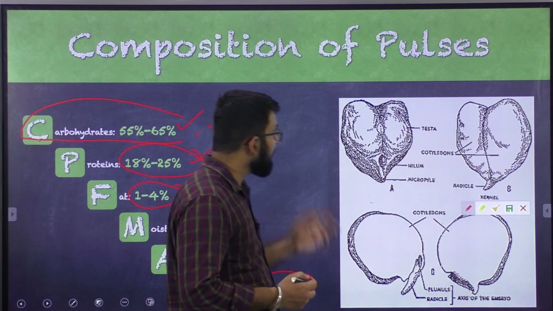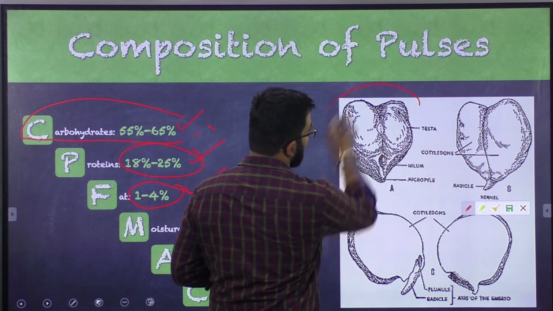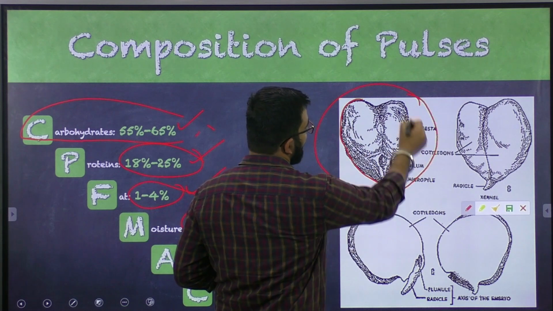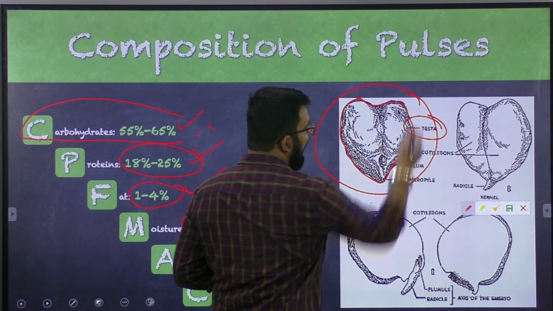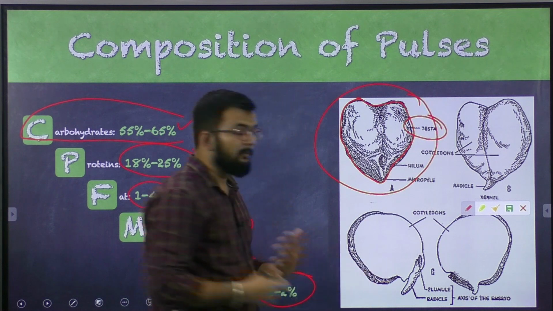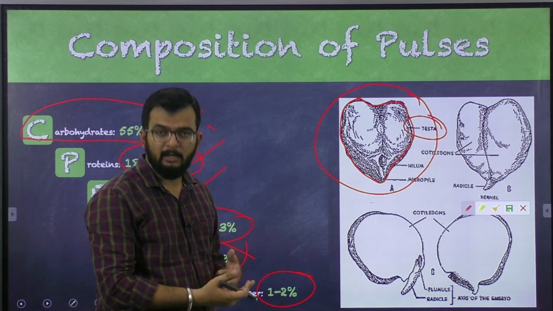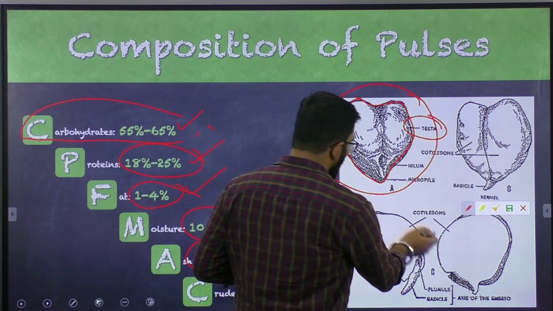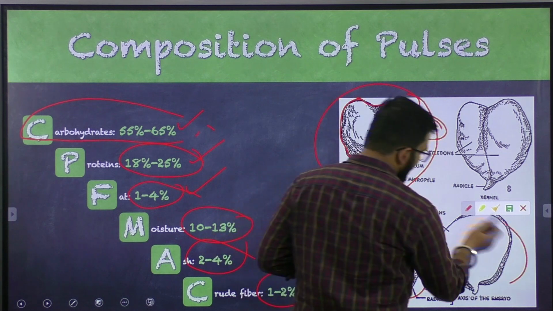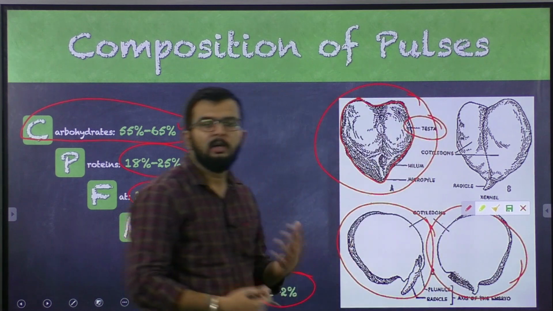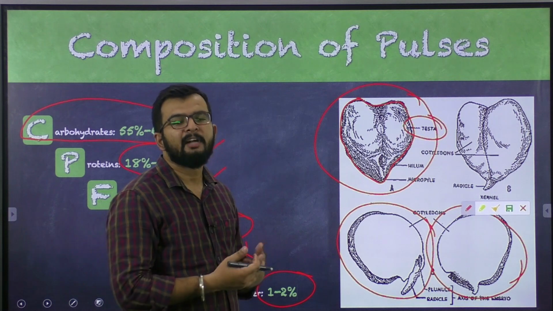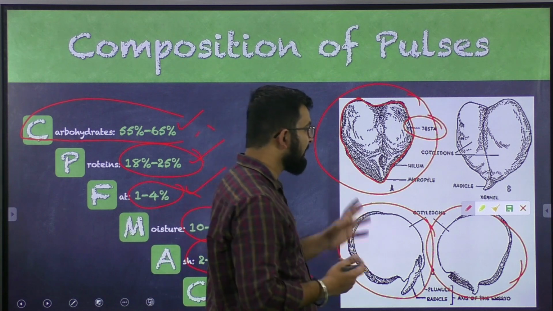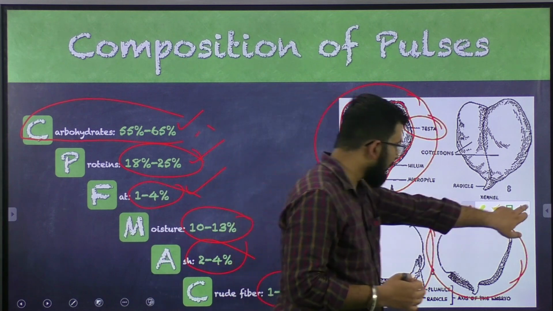As per the structure, here we have a structure depicting your pulse grain. The outermost covering of your pulse grain is your testa or the hull, as we call it. For the purpose of milling, we need to remove the hull, and then we need to break the cotyledons into two. Generally we have two cotyledons in your pulse grain. So we need to break them into two in order to get the final product out of milling. In most pulses, we get two cotyledons from one grain. We'll read about how this is done.